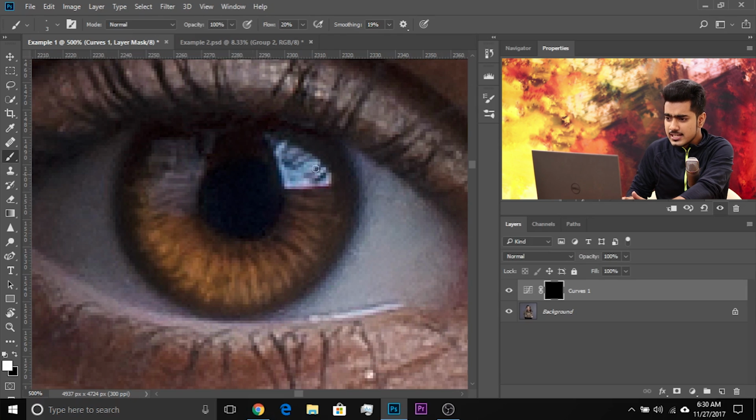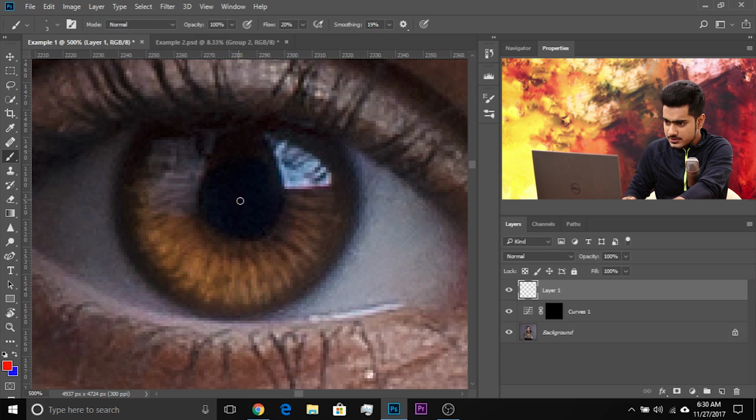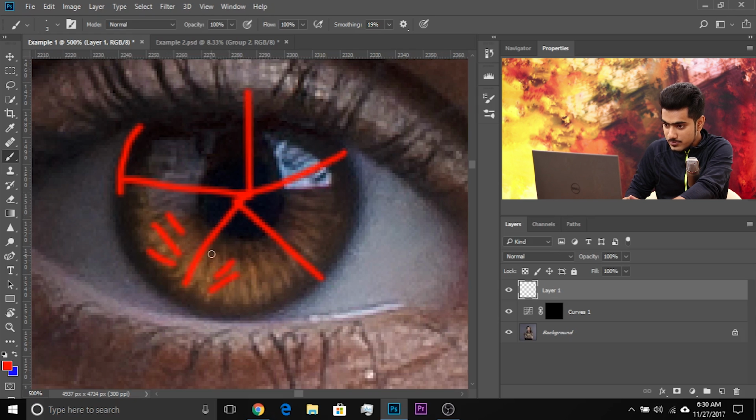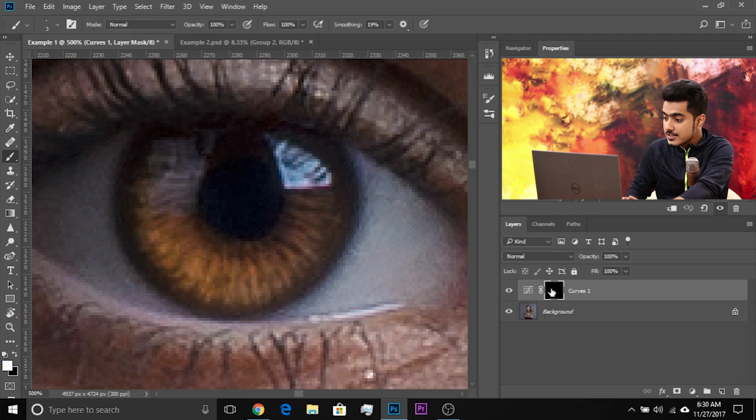Now what do I mean by that? Suppose this is a circle. What's the center of the circle? This is the center. So if I take a line from the center of the circle to the edge of the circle, what would that line look like? So draw along that line. Let me show you what I actually mean by that. So if there's a center of this circle, let me increase the flow to 100, and this is the edge, right? So make sure you're creating the lines along this line, okay? Along the radius. Don't draw lines like this or like that. Make sure they are in line with that of the radius. Got the idea?